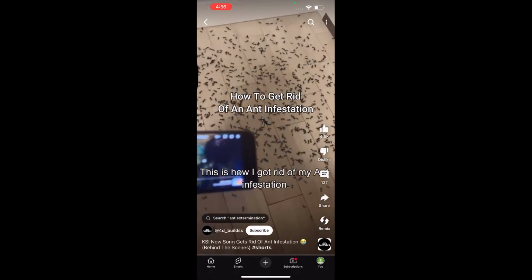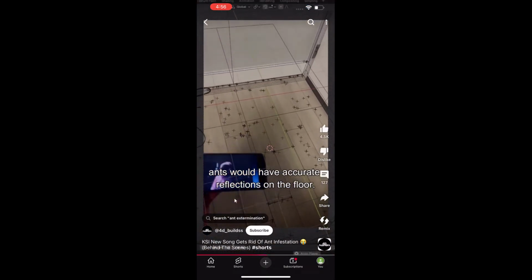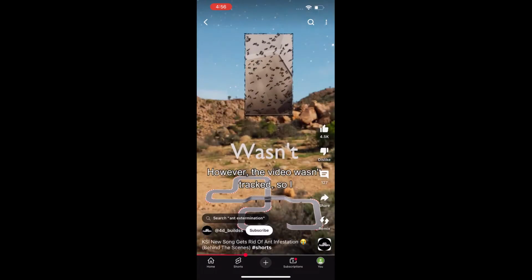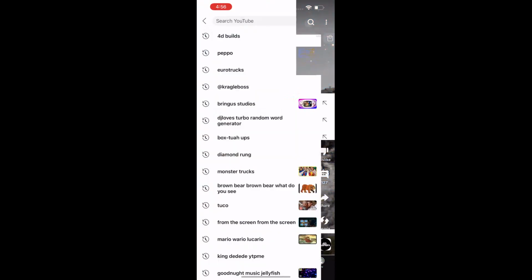This is how I got rid of my ant infestation. But there was no shadow catcher for the ants, so I 3D modeled my room so the ants would have accurate reflections on the floor. Then I added the video. However, the video wasn't tracked, so I imported the video into After Effects and used the 3D camera to track the scene. Next,